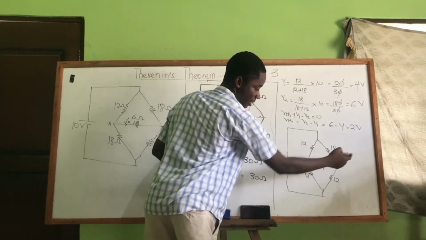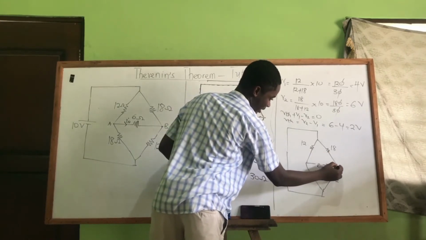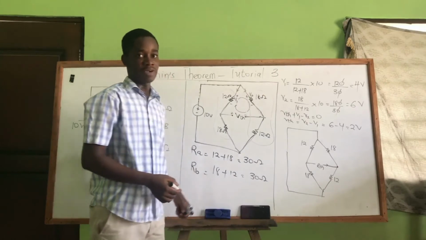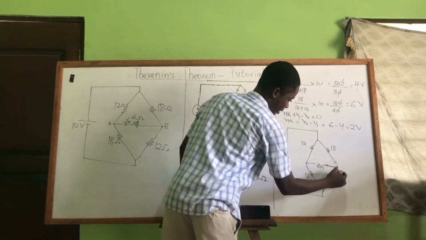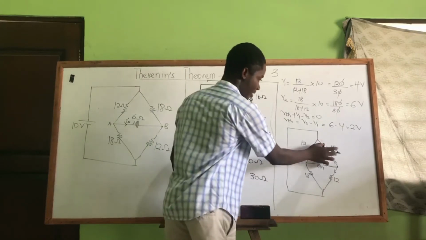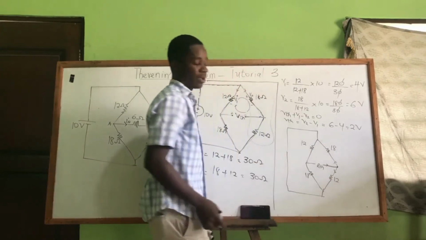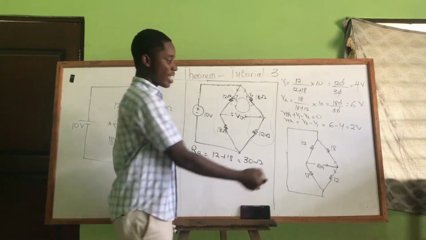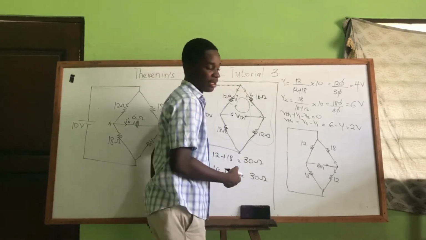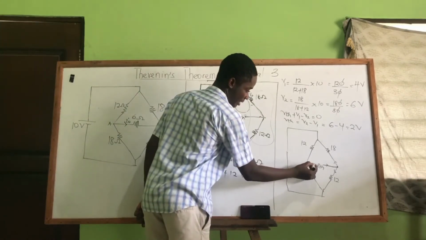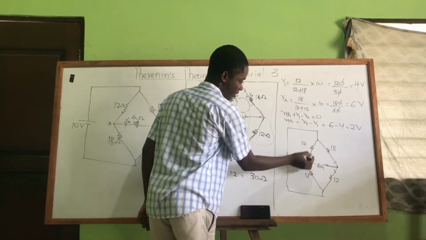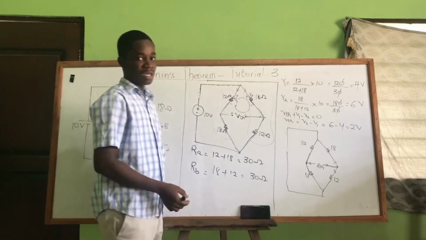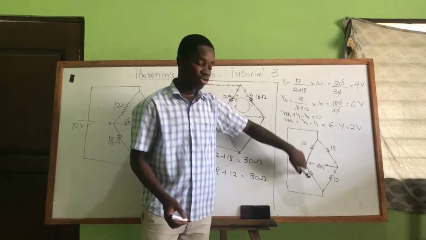If I take this part, I'll see that when this current is coming, it gets to this junction. What will the current do? The current will split. Some will pass here, some will pass here, meaning the resistor here and the resistor there are connected in parallel. When I check this end of the resistor RTH and see current is coming, I've also realized that there is a current splitting between this branch and that branch. What does it mean? These two are also in